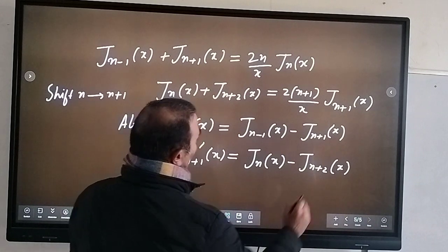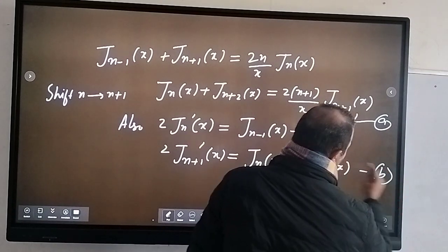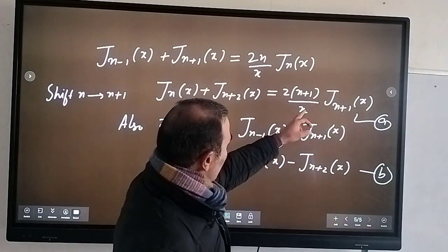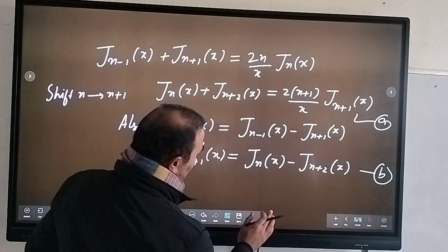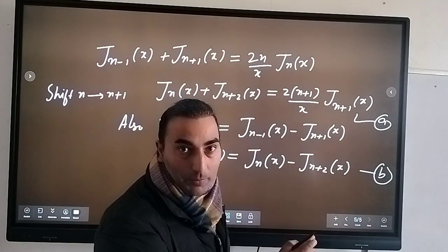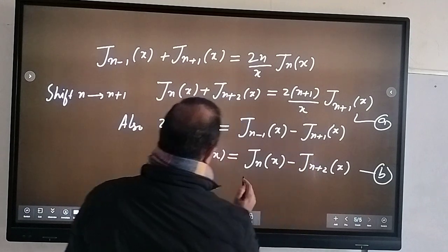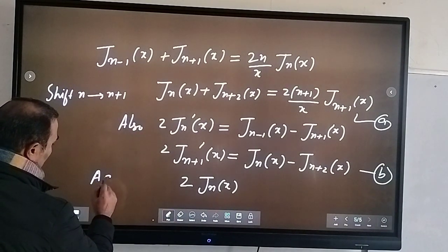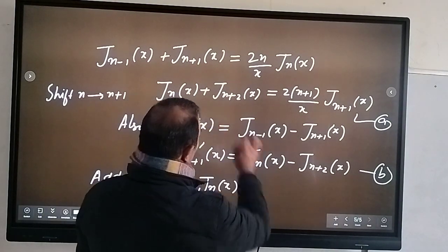Now if you label this as equation A and this as equation B, what will I do? I will add these equations. If I add them, you can rewrite this as Jn of x minus J(n+2) of x equals J dash of n plus 1 of x. You add this with this, so these two will cancel. So twice Jn of x, you add A and B, and twice Jn of x will be equal to